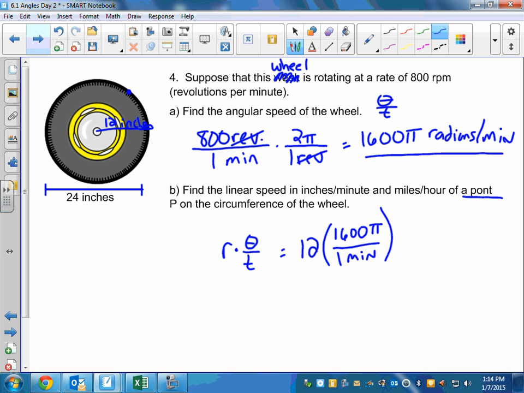This is going to be how many inches per minute you would be traveling if you were sitting on the edge of that wheel. Which means I think you would be flying off that way. You get 19,200 pi inches per minute. And when you throw the radius in there, it just becomes inches per minute. And if you wanted to multiply pi out just to get an idea of the answer, it's like 60,318.6